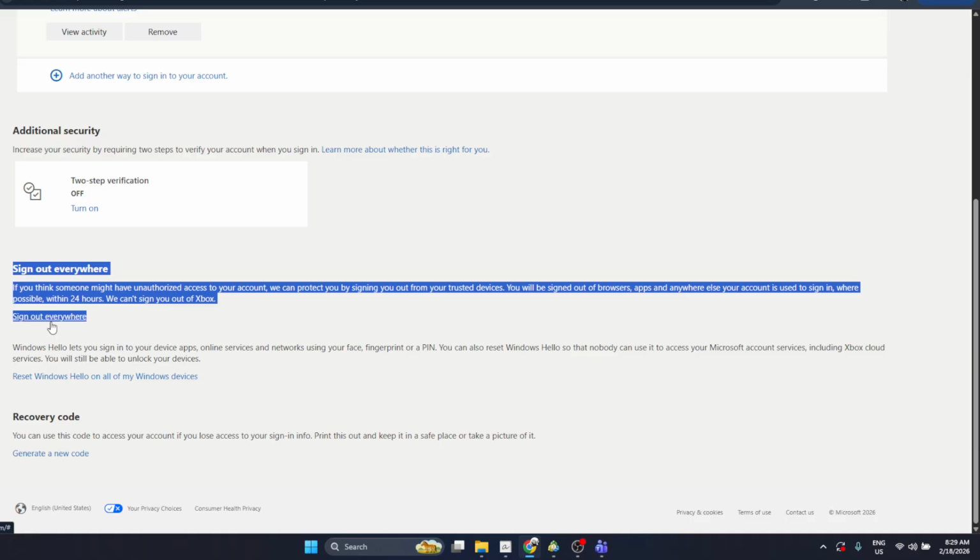Microsoft may display a confirmation message explaining that you'll be signed out from most places. Confirm that you want to proceed. After this, it may take a short while for all sessions to be fully signed out, but generally it's quite fast. The next time you or anyone tries to open Teams on any of those devices, it will ask for your credentials again. And that's it. You've successfully logged out of Microsoft Teams from all other devices using your Microsoft